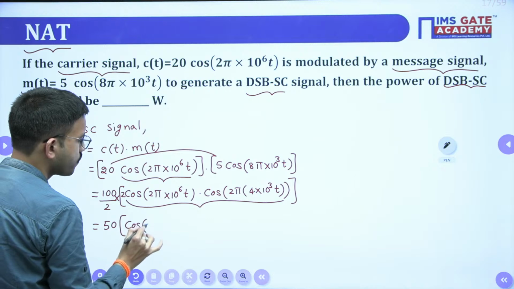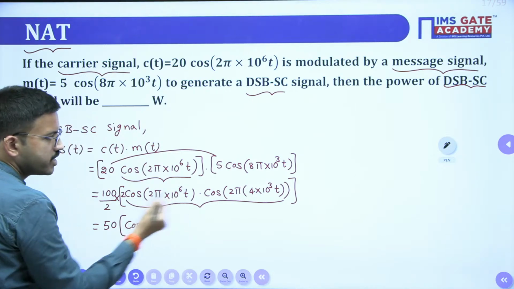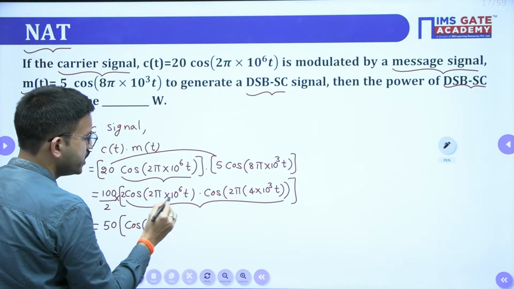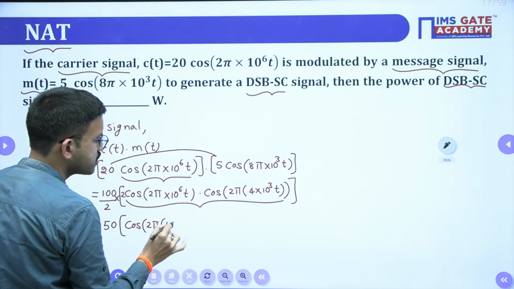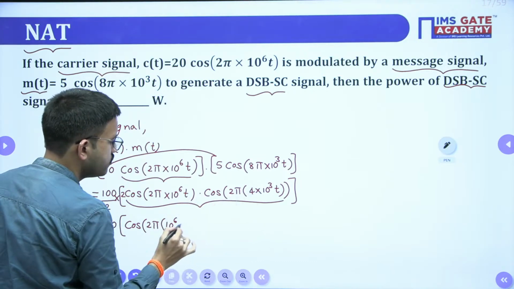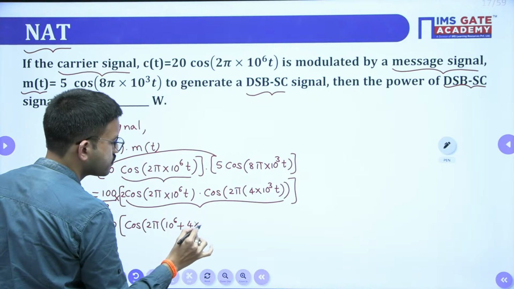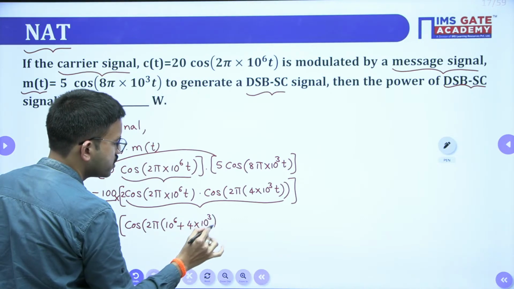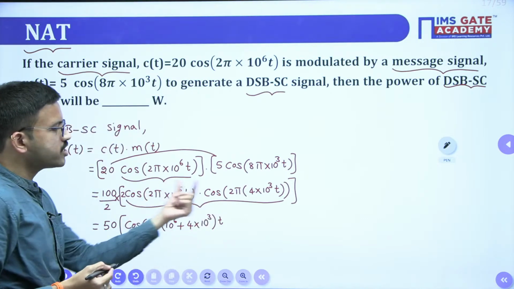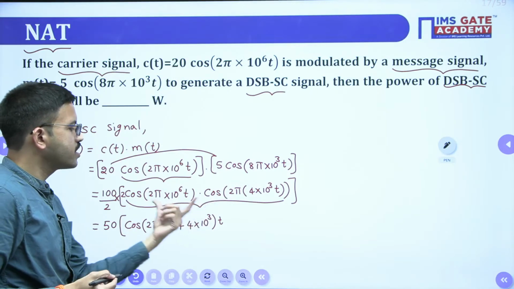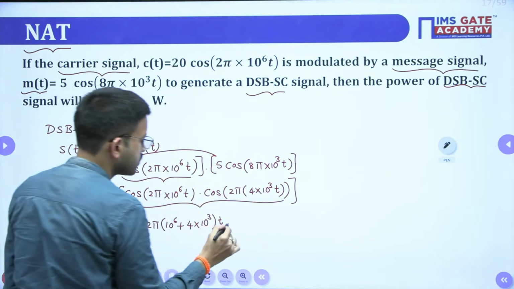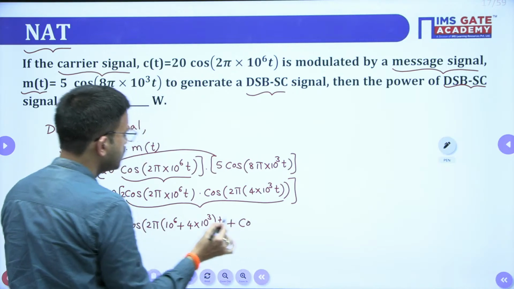Cos of 2 pi you can take common from these two. Then here you are having 10 power 6 plus 4 into 10 power 3 into t, plus cos of the difference of these two,